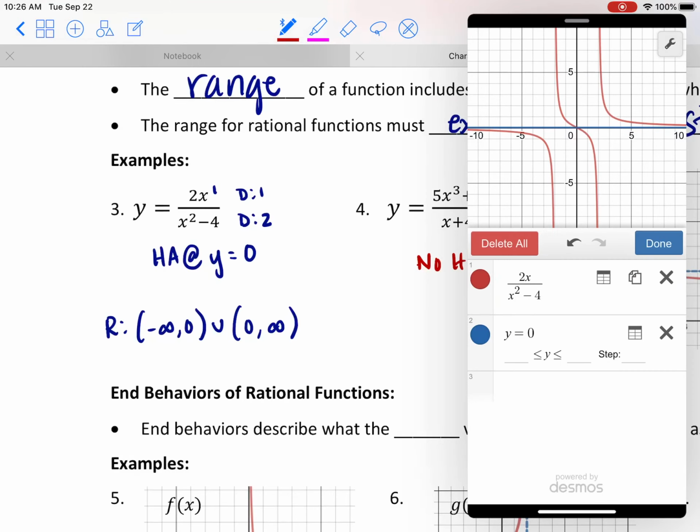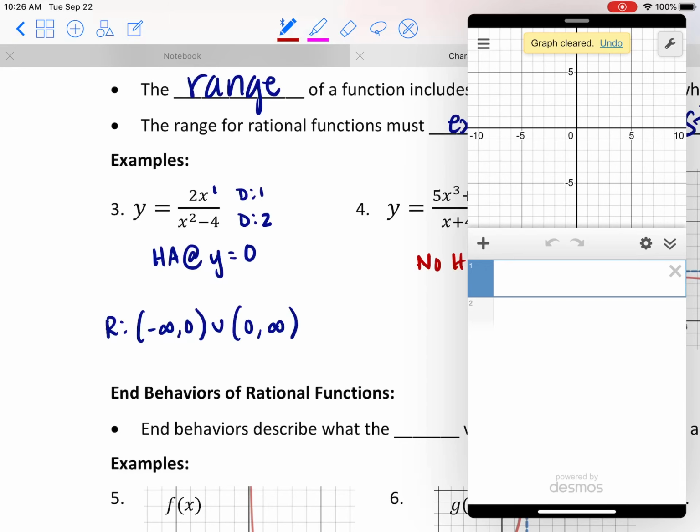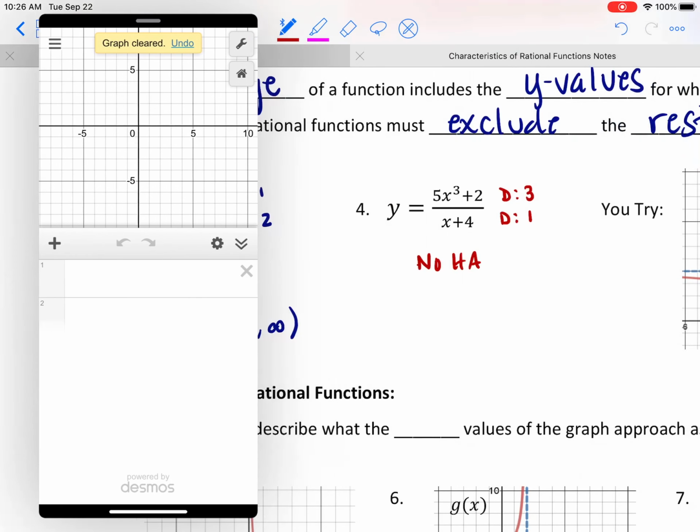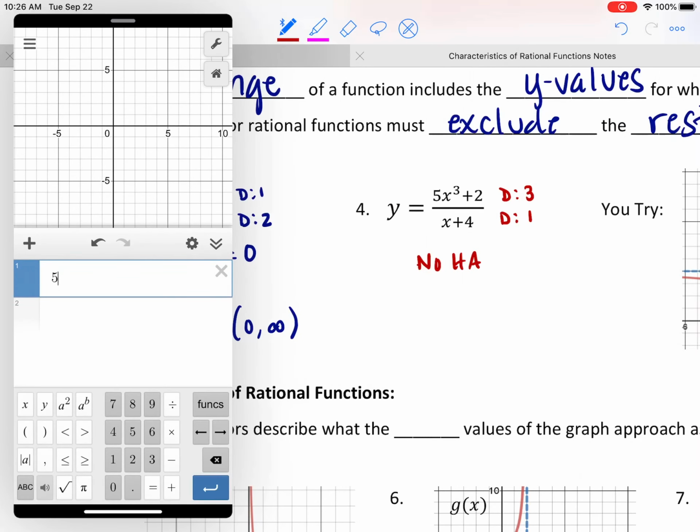So what does that mean? Well, it should mean that there's no restrictions, but again, let's just look at this. If I have 5x cubed, let's see, plus 2 over x plus 4,